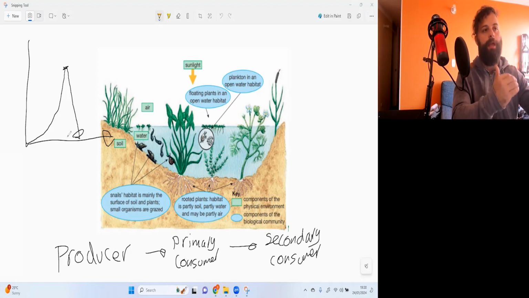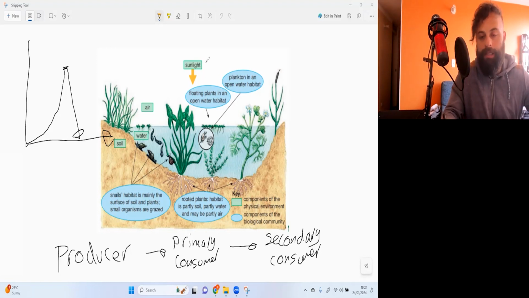And also, there are cycles that we'll later go through. So if the number of predators goes up, the amount of prey goes down. If the amount of prey goes down, predators come down. If the predators come down, now the prey can reproduce very easily. So you want it to be more of a stable environment, so there are not these great fluctuations.